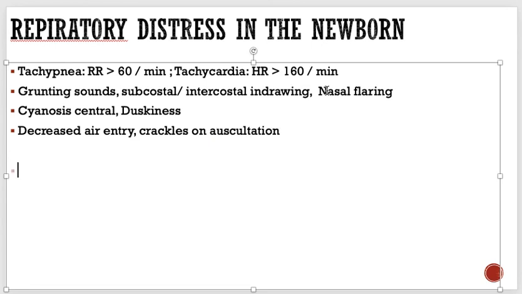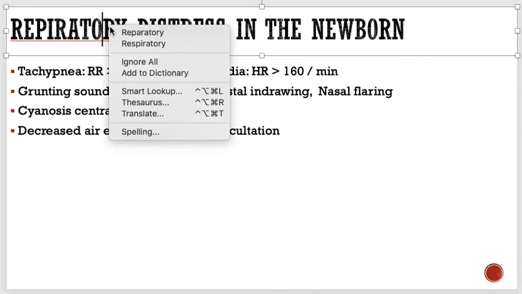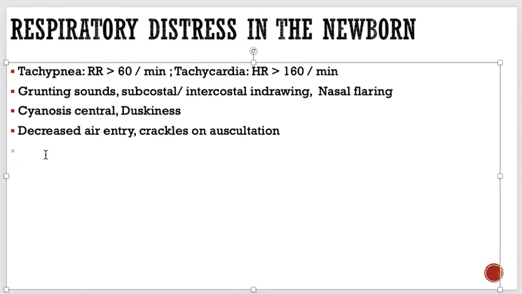Whenever we find any one of these clinical features, we say that the baby is in respiratory depression or respiratory distress. Simply respiratory distress, meaning the child has some sort of issue, and the breathing or respiration is not working fine. Now, what are the causes? This is a clinical diagnosis, right? You went to a ward and you see a baby who has tachypnea, tachycardia, grunting sound, cyanosis, and decreased air entry. Now you will start thinking about what the causes are. So what are the causes of respiratory